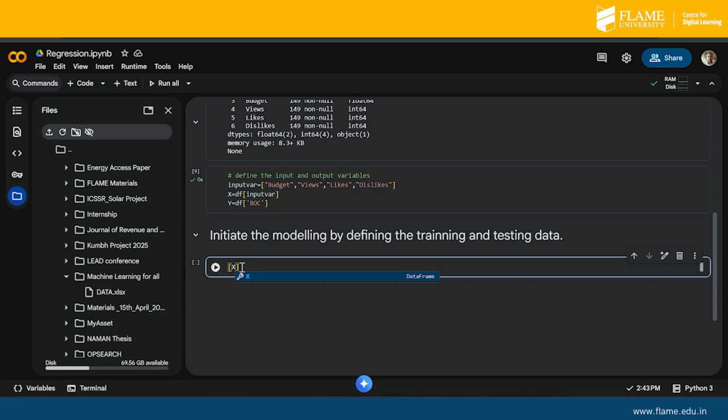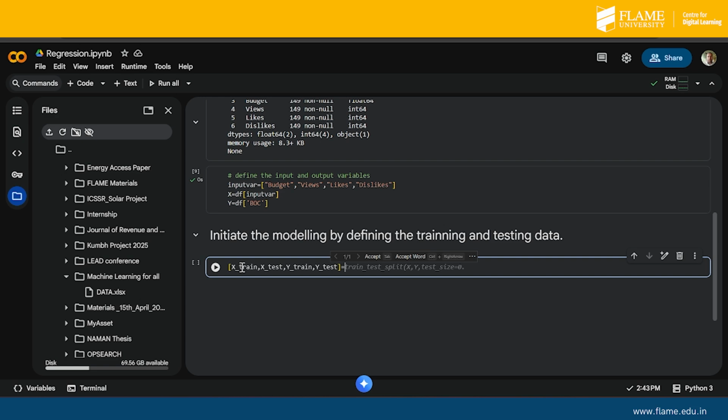So we will write x underscore train, comma, x underscore test. Similarly y underscore train, comma, y underscore test,